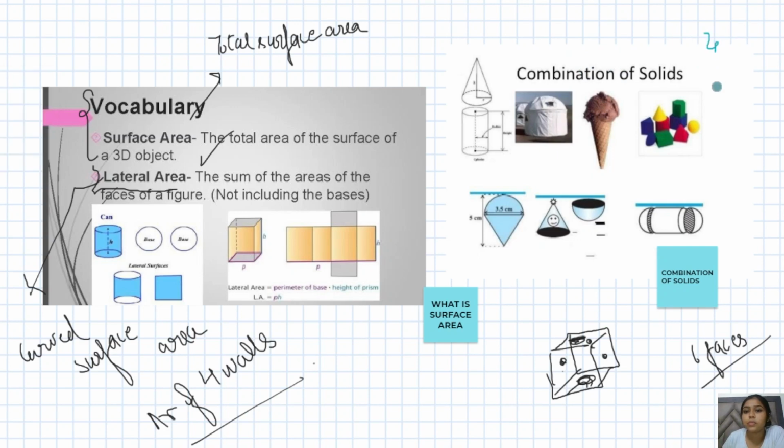So here this is the combination of solids in this particular chapter. Like in class 9th and 10th standard, both will remain the same in the case of formulas. Only the frustum is the new topic that you are going to study, right? The next thing is, in this particular standard, you're not going to read about a single 3D object. You're going to read about a combination of solids. Let's just suppose this is an ice cream, this is a softie. This is the shape of the softie. In this particular case, the softie is the combination of a hemisphere as well as a cone. That is how you will have to find out the surface area.